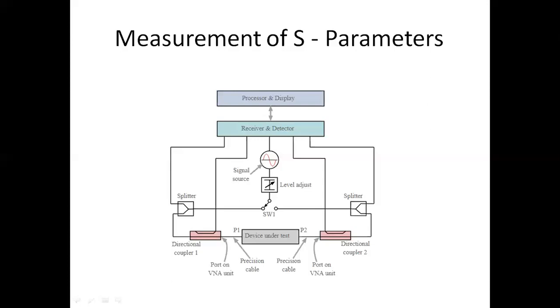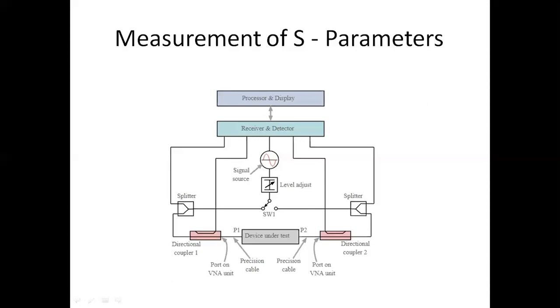Then we need to measure the S11 and S22 parameters, which are the reflection of the signal. For measuring S11, the signal from the source is already split and half is given to the receiver as reference. Then the reflected signal from port 1 is directly coupled to the receiver. As we see in the diagram, there is one direct coupling to the receiver from port 1 as well as port 2 through the directional coupler. So the reflected signal is received in the receiver as well as the reference signal. Based on that, we can measure the value of the S11 parameter.